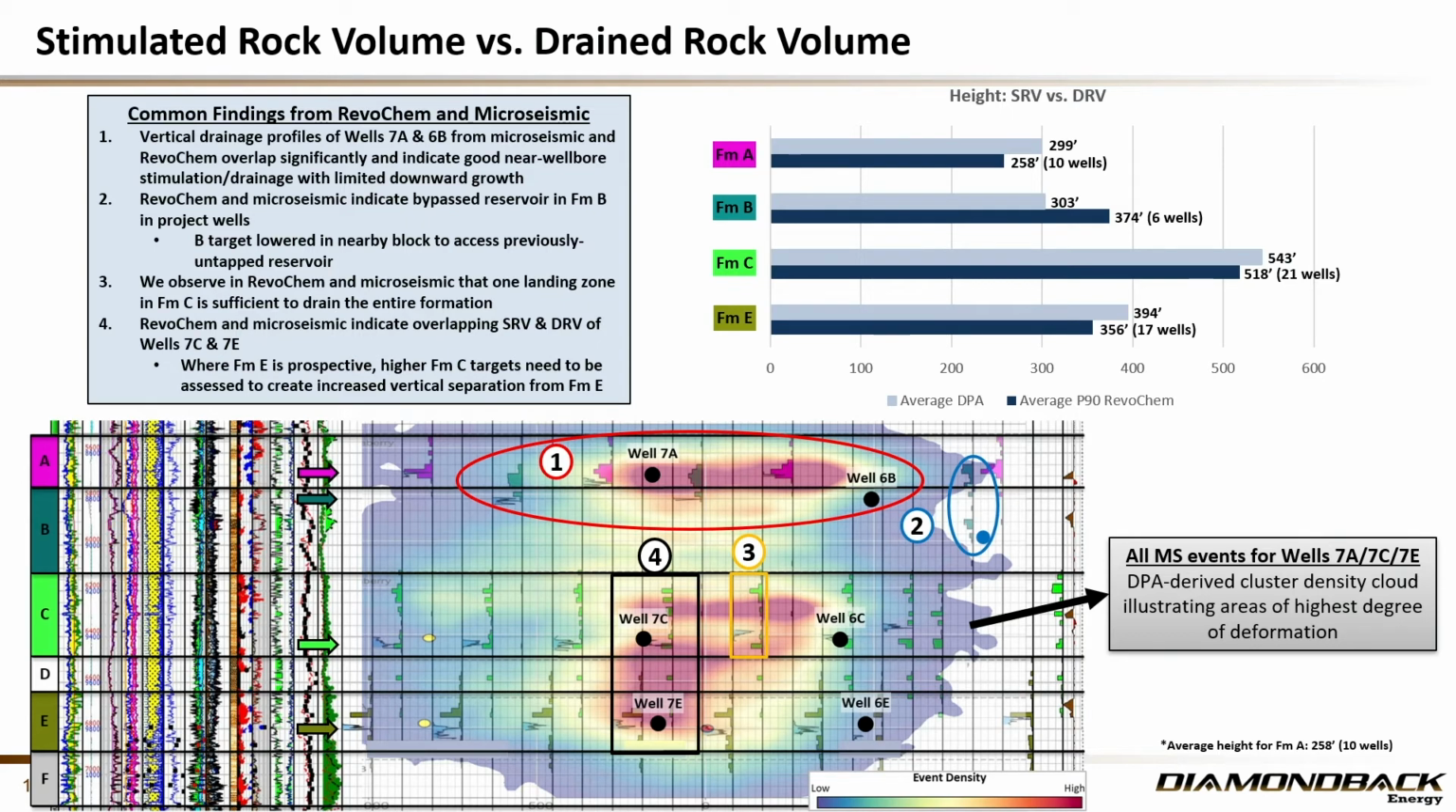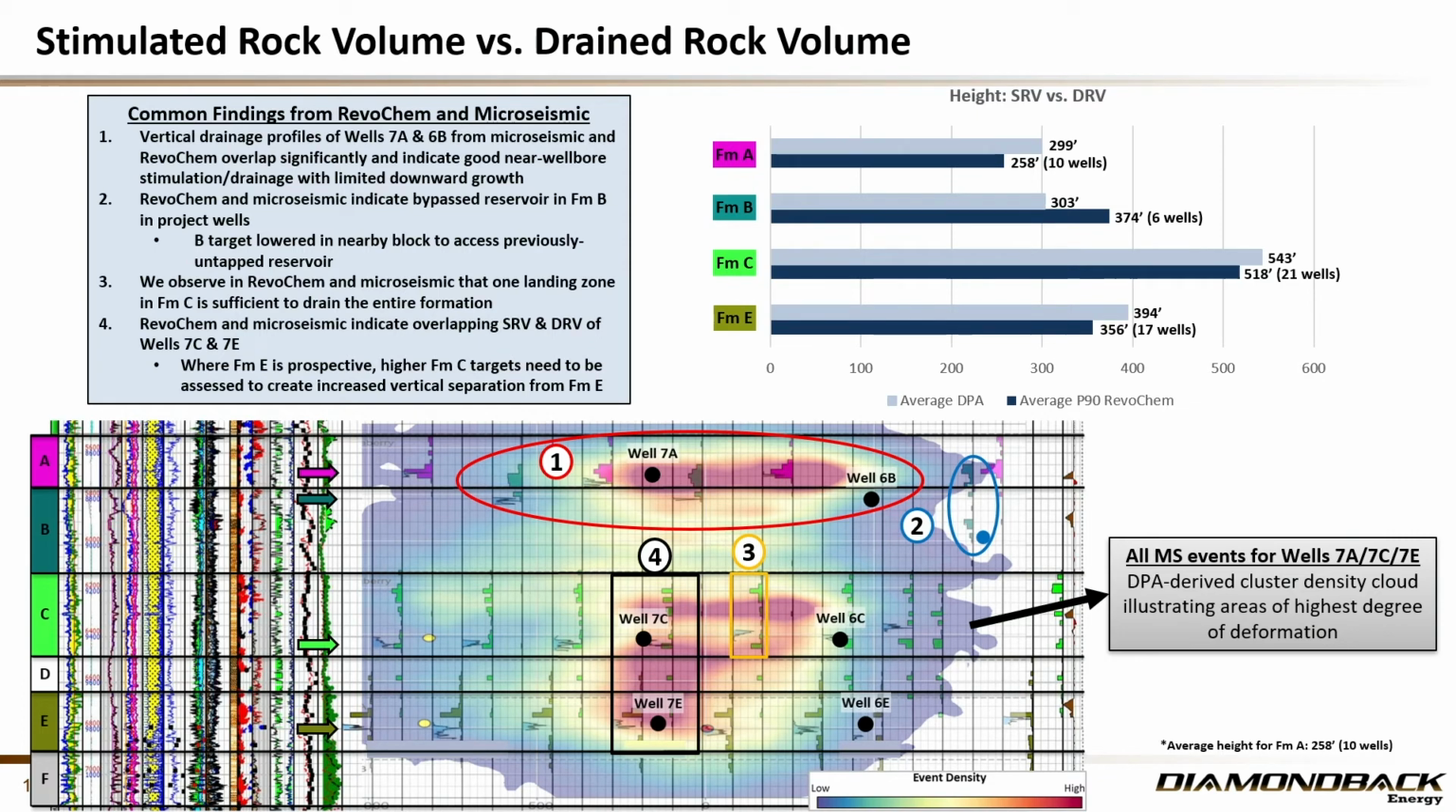And those illustrate the areas where the highest degree of deformation occurred. I don't have time to go into DPA, but that's the dynamic parameter analysis performed by the microseismic vendor, and it's just a more robust or more stringent way to display these events as opposed to all the events in a cloud. So the bar graph on the top there is plotting the average P90 RevoChem heights for